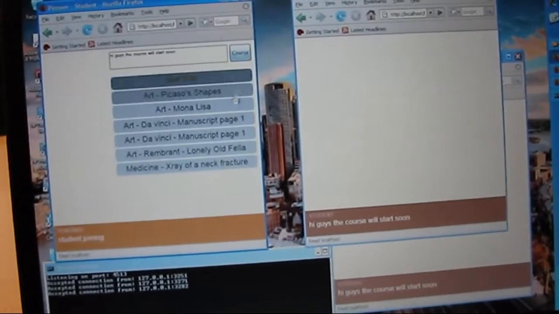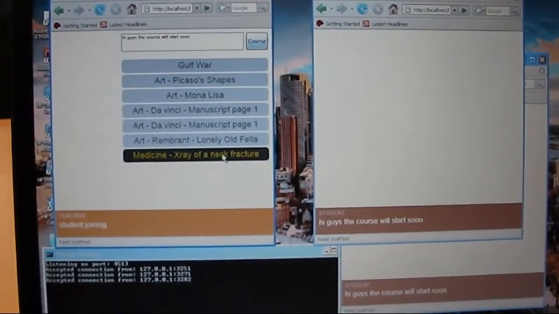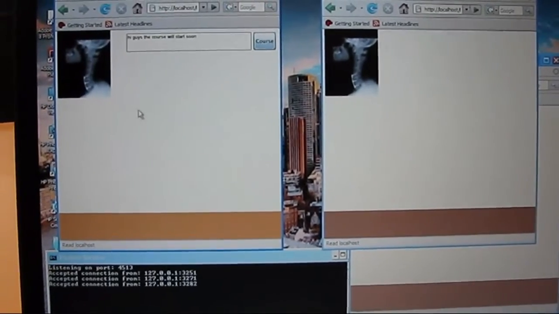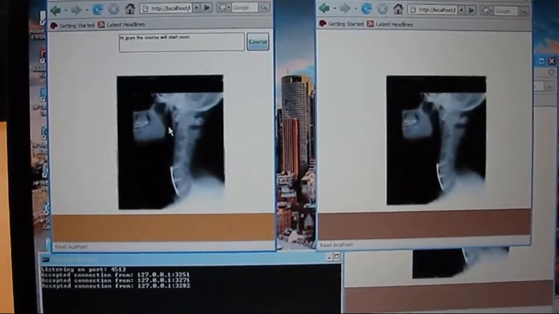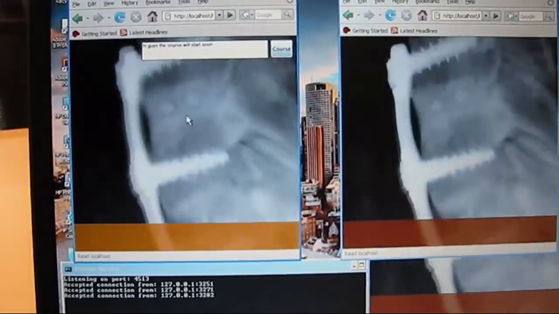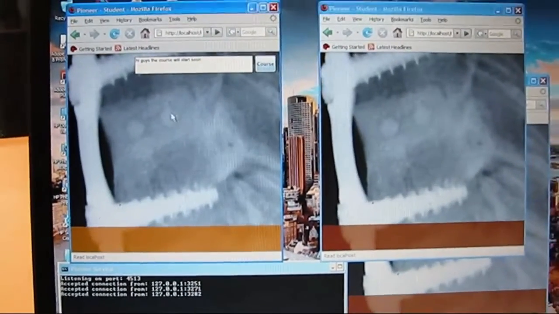Yes, correct. Okay, and they're both... So those two guys are listening to the socket server, and that's posting to the... Okay. Exactly. Yes, that's right. And then all of a sudden, they're going to start collaborating on a Deep Zoom image. And can you imagine two doctors on either side of the world? And only Deep Zoom will do this X-ray justice, because this is the difference between seeing this lesion